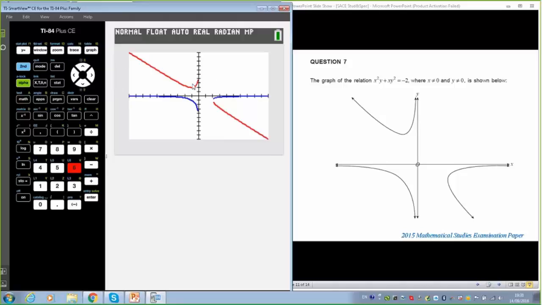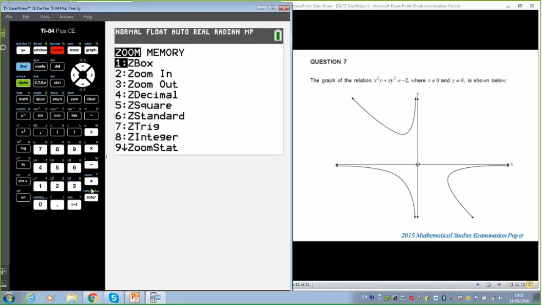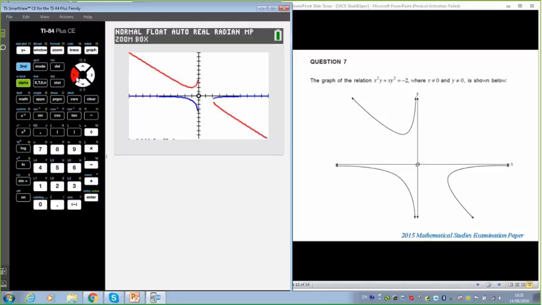So what I'm going to do this time is we're going to go zoom box. So a little bit slower on the emulator to do this. I'm not quite sure why on the emulator. On the handheld it's very fast. But if I hold the cursor down, which I can do, it all of a sudden seems to shoot about a million miles an hour. It's a little bit slow, so just bear with me on here. There you go. Going to go zoom box.